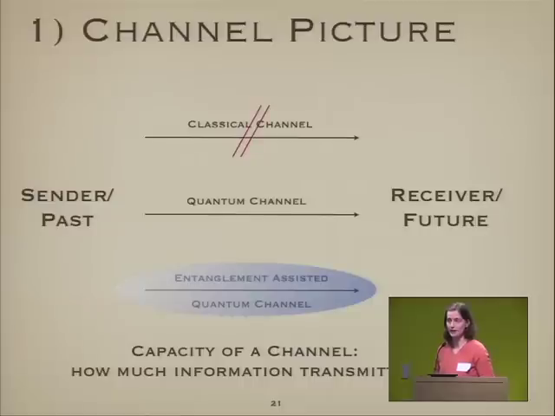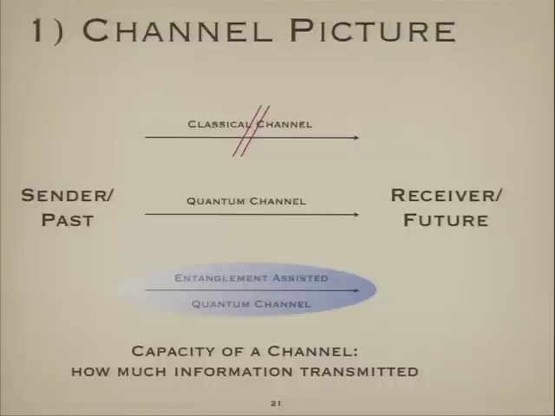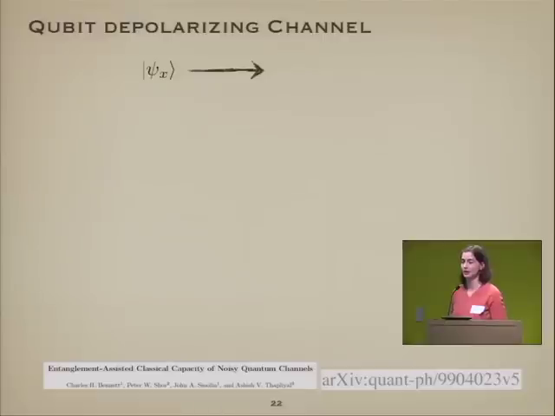And then I will talk about the capacity of channels, and this roughly measures how much information can be transmitted in this channel. So that's a number between 0 and 1. If it's 1, you can fully transmit all the information you send in. And if it's 0, your channel is useless, and you cannot send any information. Calculating channel capacities is very, very difficult. And those capacities are not known, but for some simple channels they are known, and one of them is called